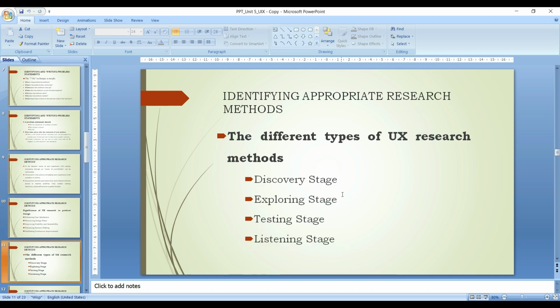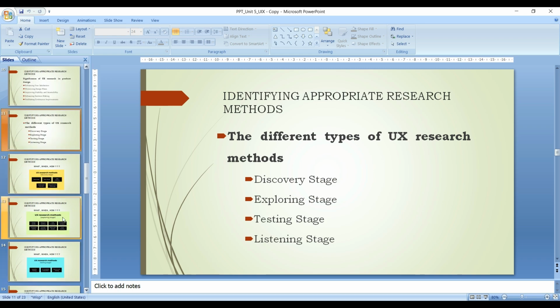And the different types of UX research methods: there are four primary stages. In each stage we can see how these stages are working. First, in simple terms, the discovery stage. First we have to discover what we are going to do. Next is the exploring stage. We have to explore the designs and also the competitors' details. All these things we have to do. Next is the testing stage. Testing, in the sense,